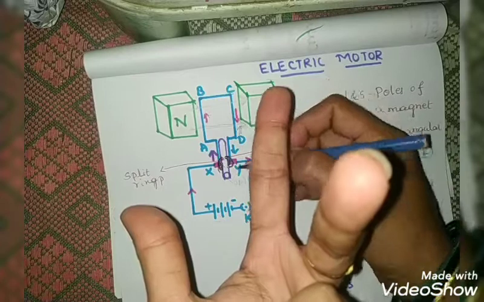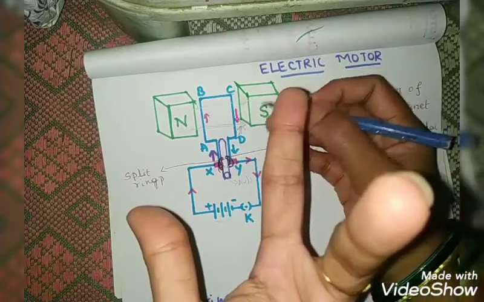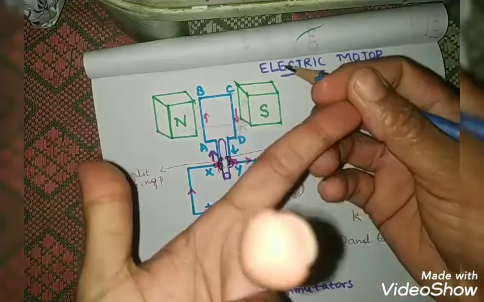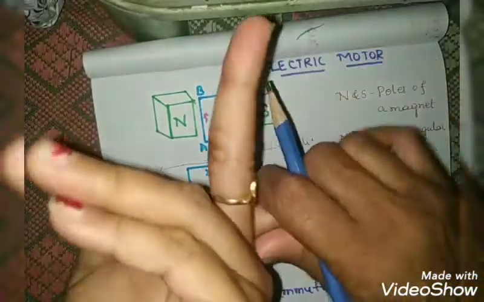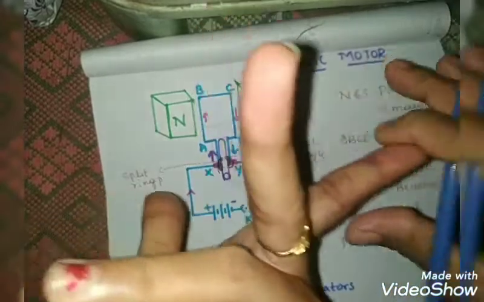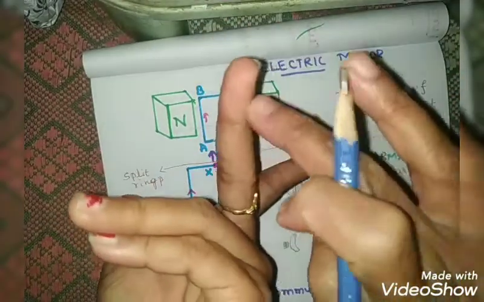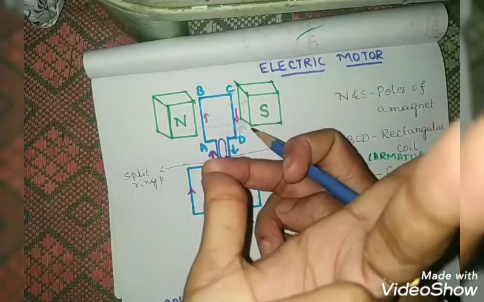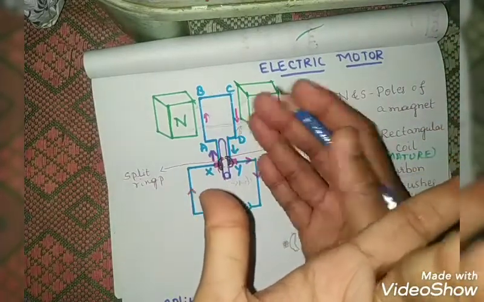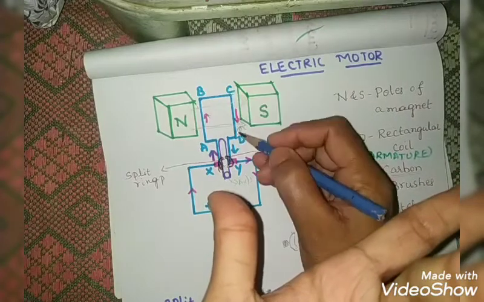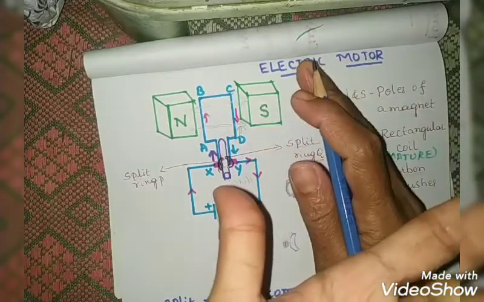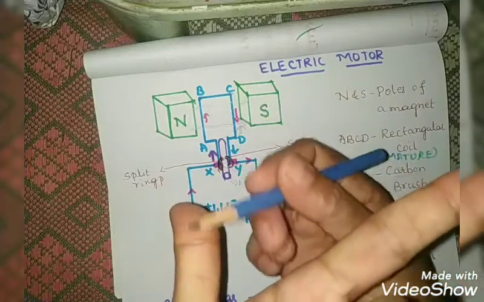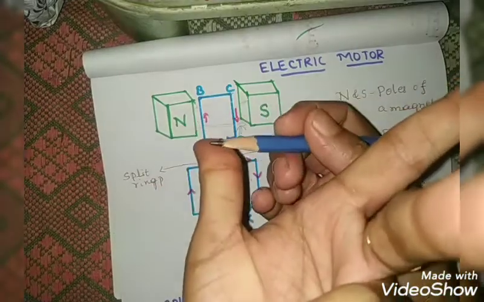I am talking about the next half rotation now. Isn't it? So in this direction this is the current. This is the magnetic field. This is the direction of the current, and so this is the direction of the mechanical force. In the first half rotation, CD was pushed upwards. In the next half rotation, CD is pushed downwards. This shows the direction here, children, downwards.